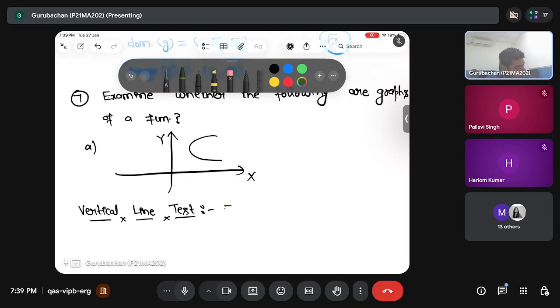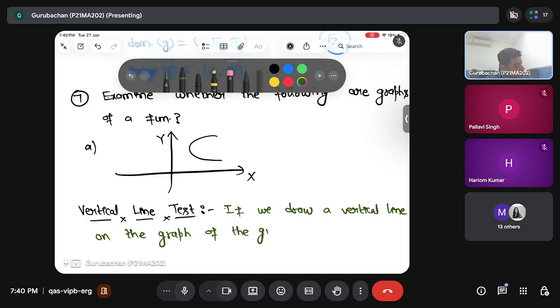If we draw a vertical line on the graph of the given function,